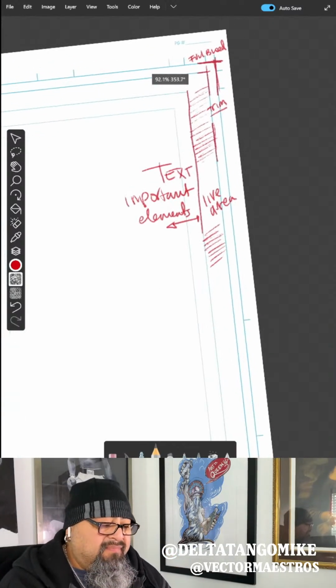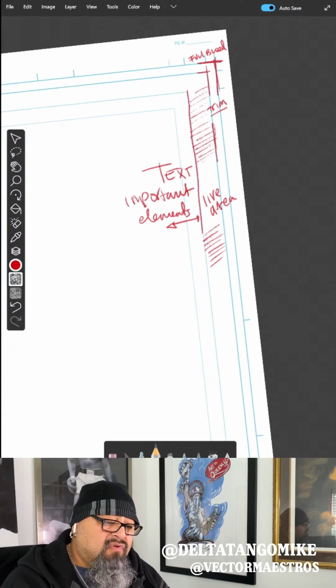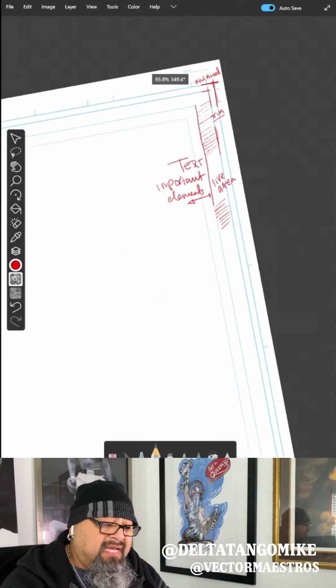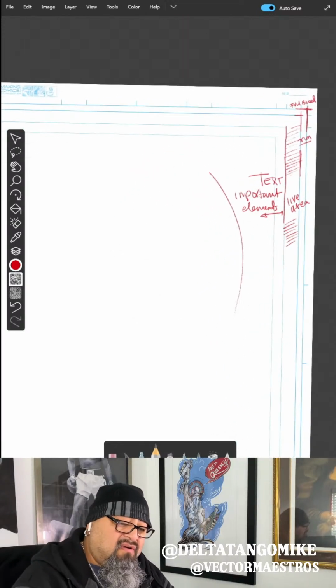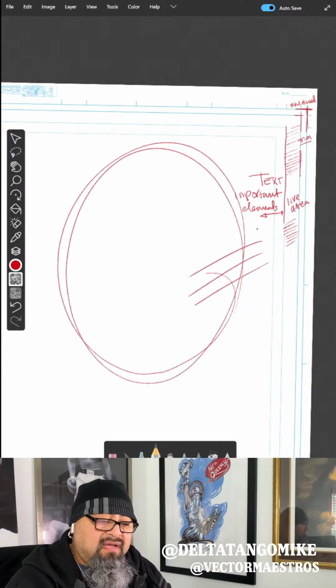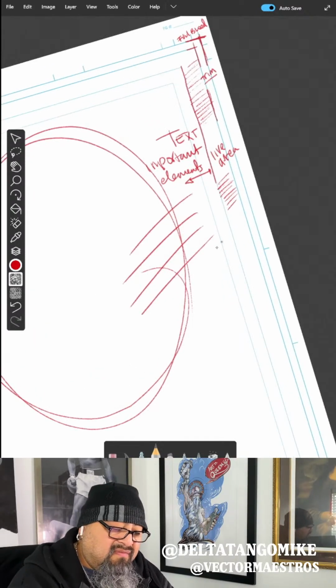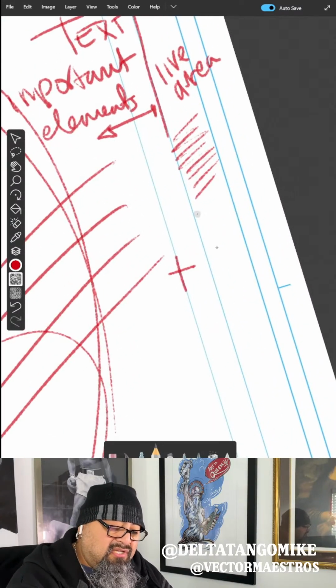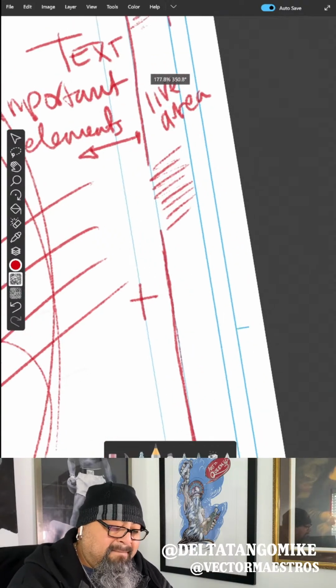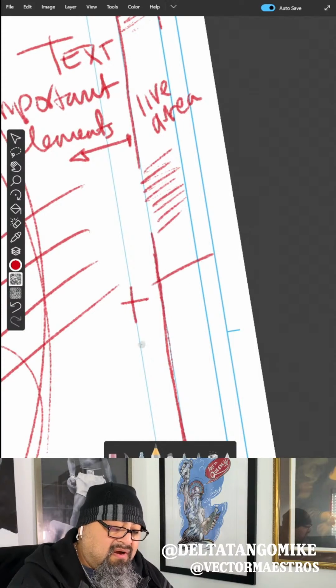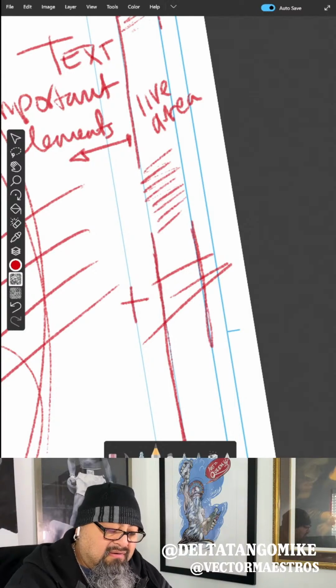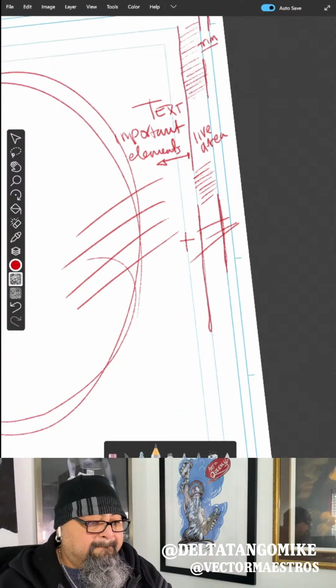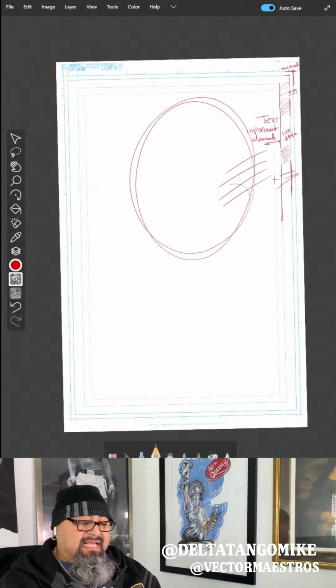Anyways, when you're drawing and creating a comic book page, you want to make sure you do all your art and everything else that goes on here, and then be very careful as you get past this line. Make sure none of your text and important elements go past this line, and then this is just going to be artwork that's going to get cut off right here. So there you go. Bam. That's how you read a comic book template like this.